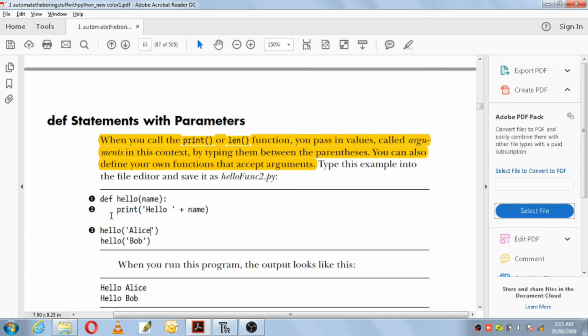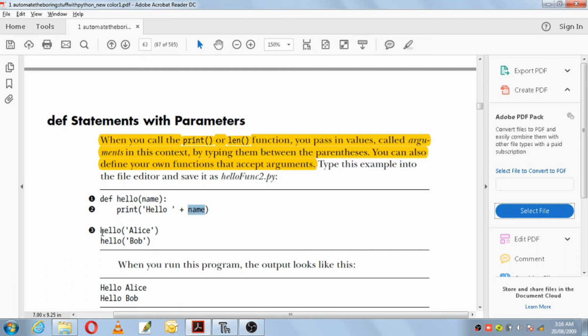In this program, they have used the keyword def followed by the function name hello, but the hello function has a parameter here, followed by a colon. Then you have a print statement with the text hello plus concatenation plus this variable.